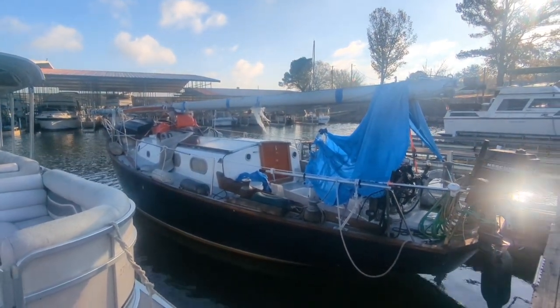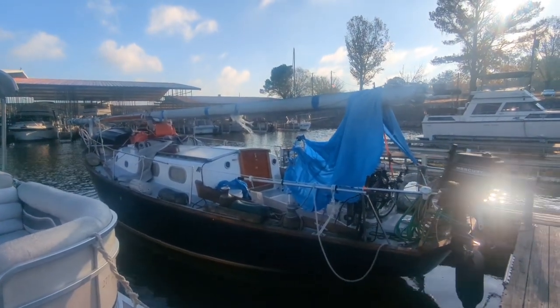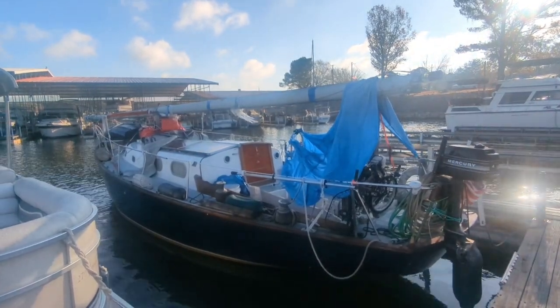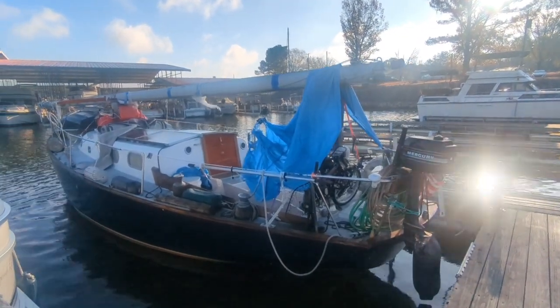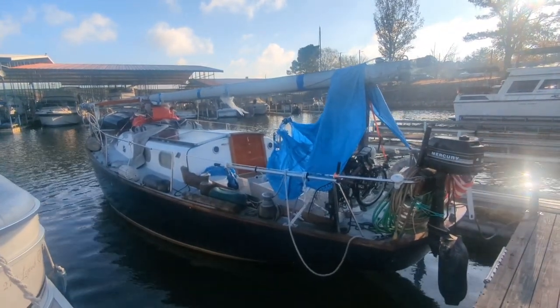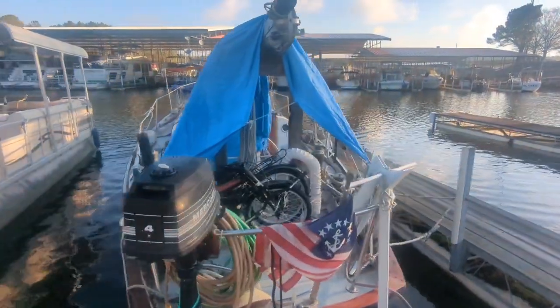They're asking $5,000. Currently, it is not cleaned up, and you don't really get a good look at the boat, but he's going to come clean it up today. I'll probably do a short on it, just for people to know. Getting this boat for $5,000, if everything's working on it, is a steal. I don't even want to tell you how much of a steal. You could buy this boat, take it to the right place, and sell it for $18,000. Yeah, but I'm not going to mention any prices to the guy. At this point, they're just trying to...